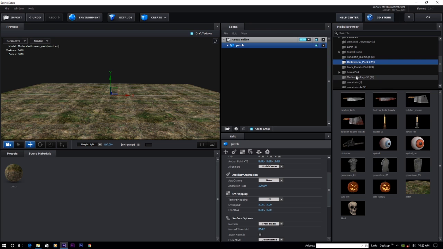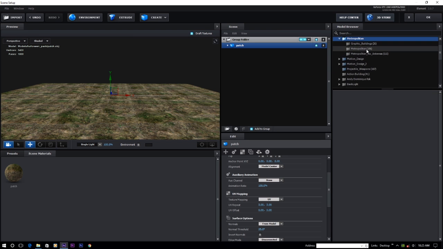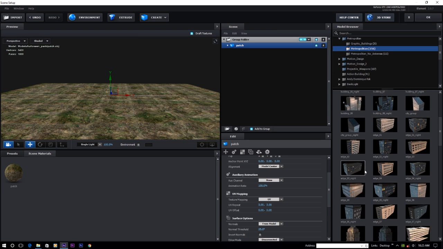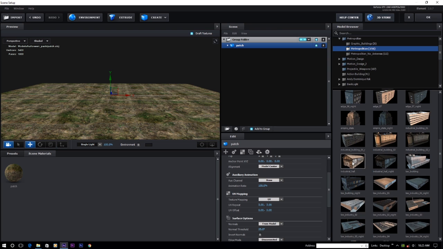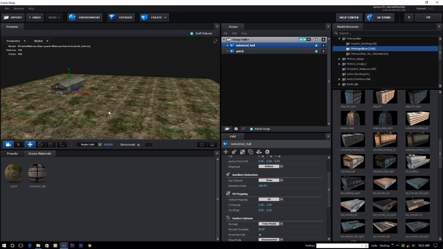Now we need a house. That is also a free model from the Video Copilot Metropolitan model pack. So here it is, the industrial hall. Click on that. Make sure that the patch model is set to bottom, and also the house, and the default alignment is bottom, so we don't need to change that. Put it on top